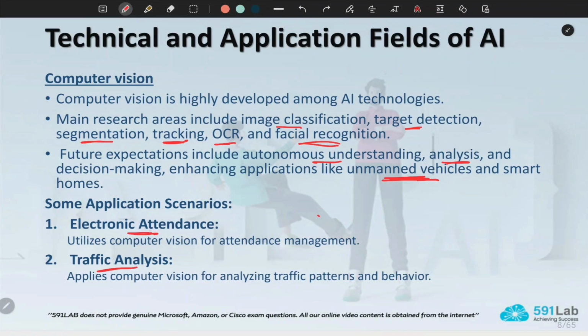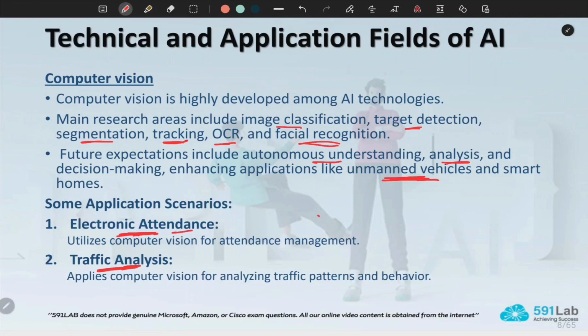Some of the application scenarios are electronic attendance and traffic analysis. Electronic attendance, basically you put a camera in the work or school or university, and it can take attendance with facial recognition or any means of analysis for the attendees.